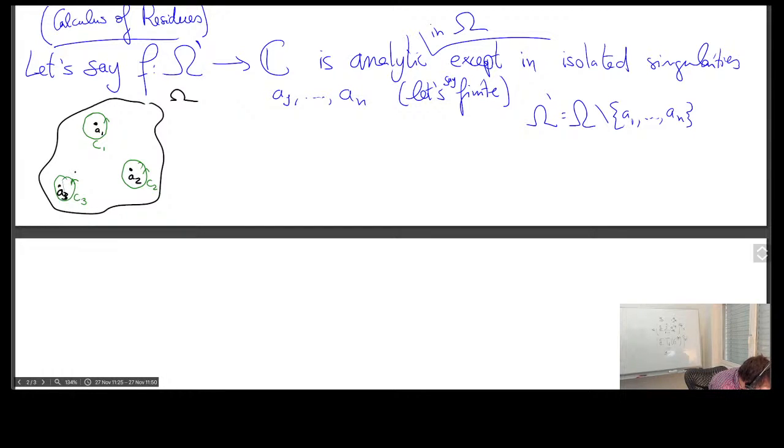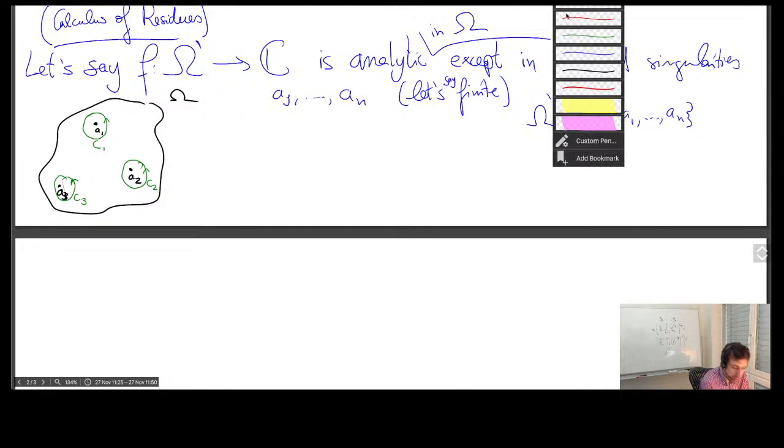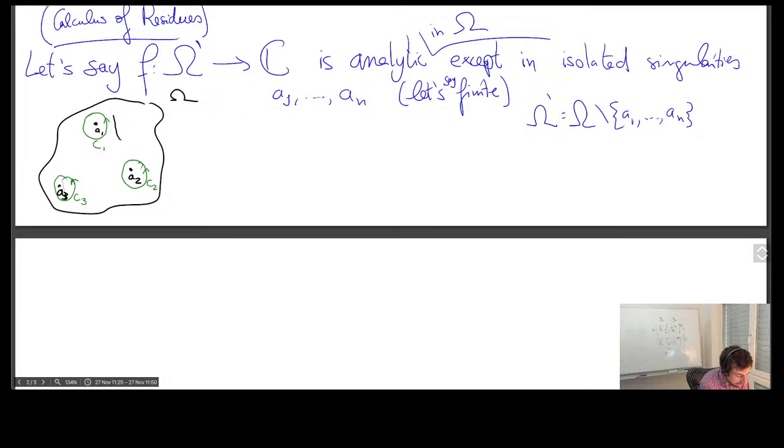Because now, the function f is analytic everywhere in omega except these three points. This is clearly a homology basis. And if I take the integral of some curve, let's say something like this,